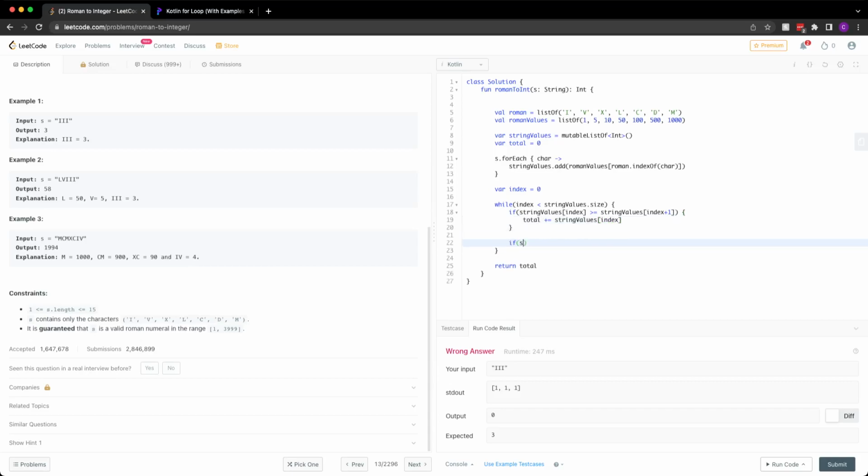Then another case is string values index is, and I think we want this to be else if, we only want to do one or the other. Then here we can do index plus plus. It's less than string values index plus 1.